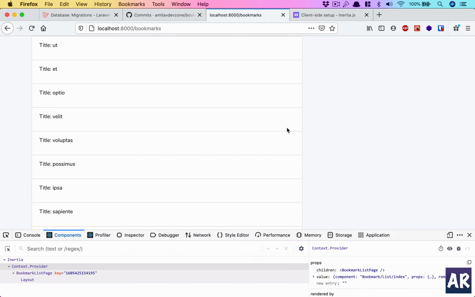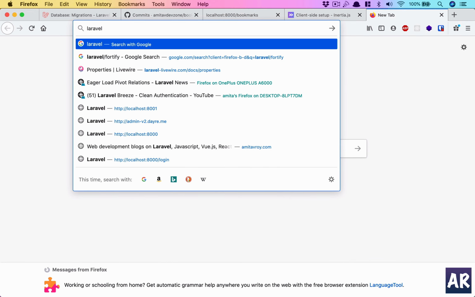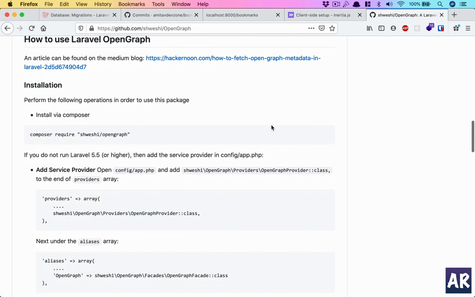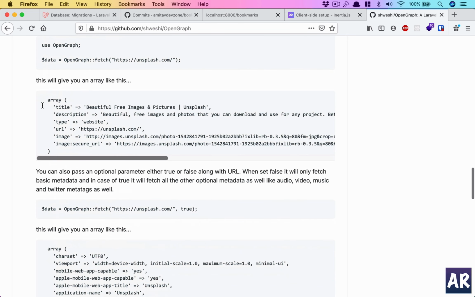And the next thing which we need to do is we need to follow a package which will allow us to get some Opengraph data, so that when the user is adding a bookmark, we show him some information like typically you get with Twitter or with Facebook when you share a link, right? So we will be using a package, Laravel Opengraph. Let me see. Yes, this is the one. We are going to use this package to get certain kinds of information. It gives us this array of data from any website, and that's what we are trying to get, and then